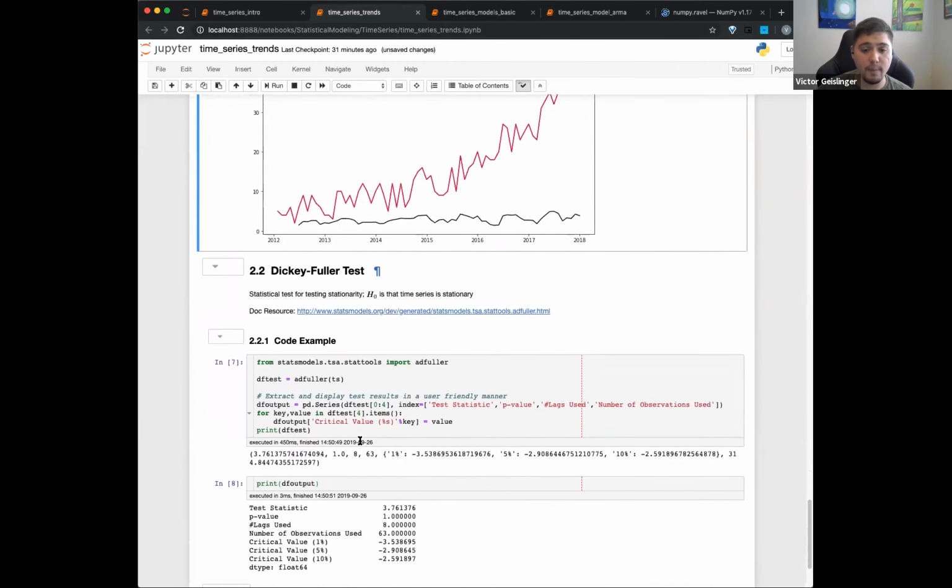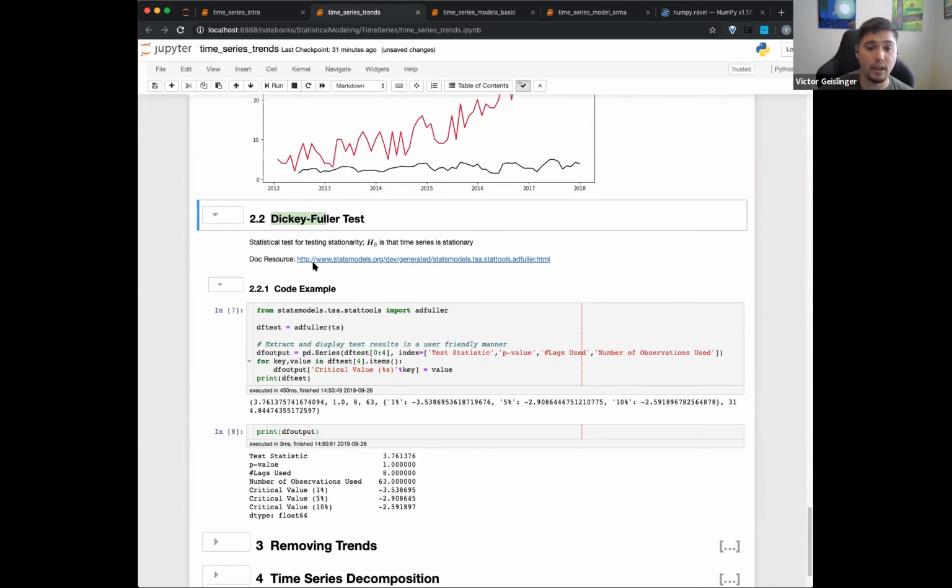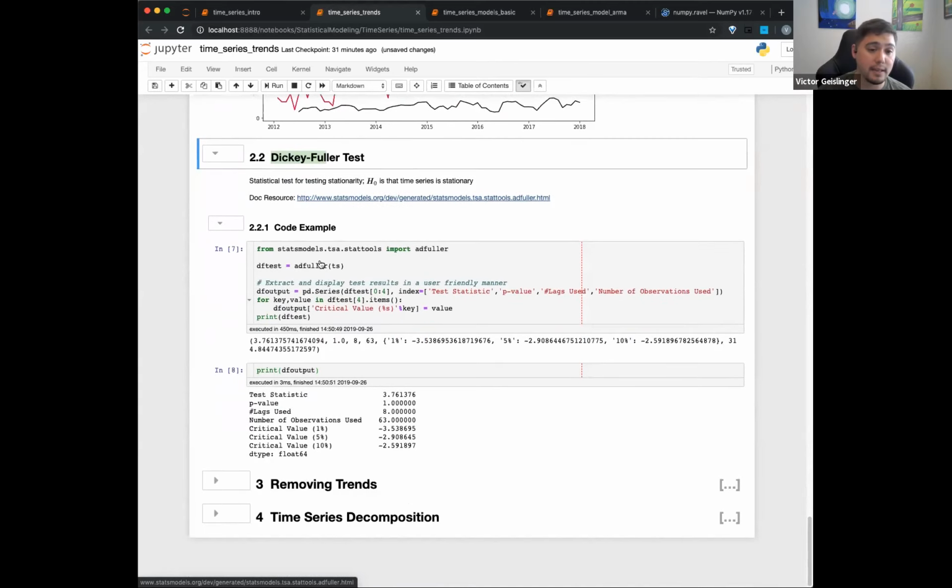Okay, cool. And then the last part we showed was Dickey-Fuller. The Dickey-Fuller test is a statistical test to see whether this trend is stationary. We want to reject a null hypothesis, asking, is it stationary or is it not? There's some more information on this resource for statsmodels. But the main idea is we're testing to see whether this is actually stationary or not. Okay, cool. That's where we left off last time.